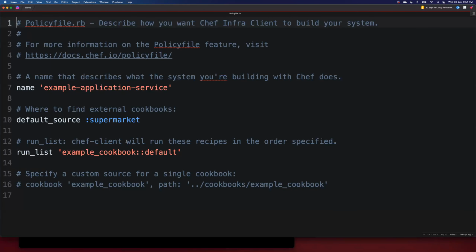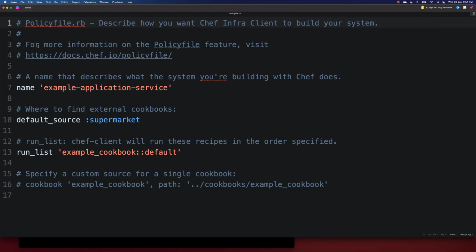All right, so I know I have had a huge build up to this and you probably are disappointed to see just 3 lines of code here, but that's the beauty of policy files. It's really that simple and it has just 3 lines that really matter. So the first one would obviously be the name, the default source, and lastly, the run list. These are the three components that really make up your entire policy files that I have been talking about for so long. So we are going to look at each of them one by one,